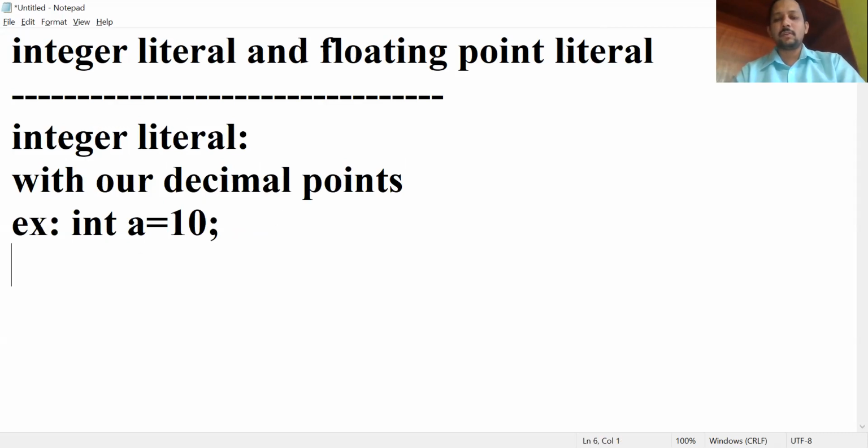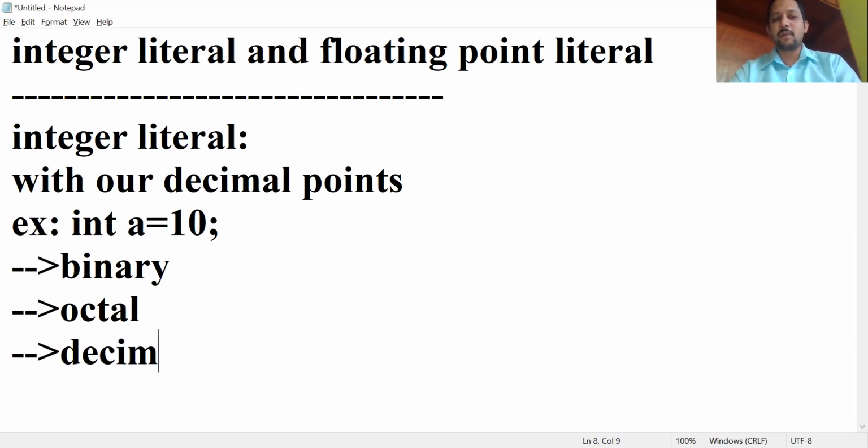So we can define integer literal in different forms. Those are, one is binary form, one is octal form, one is decimal form, and one more is hexadecimal form.